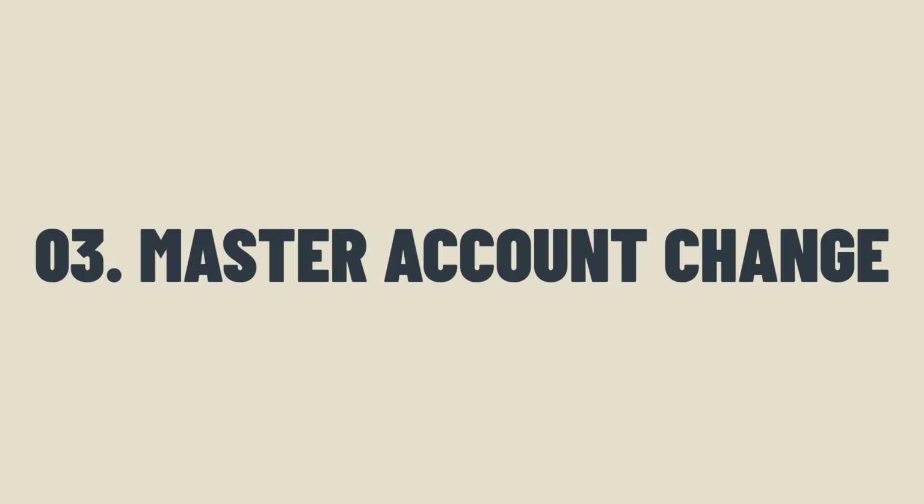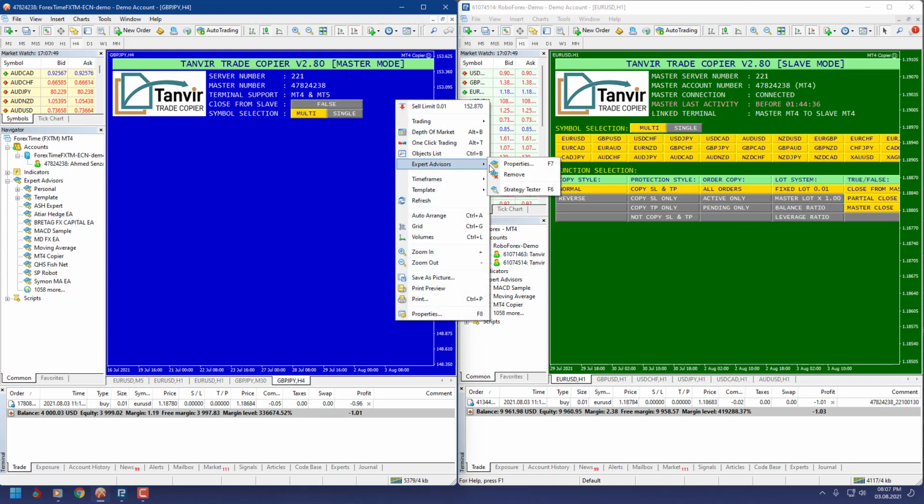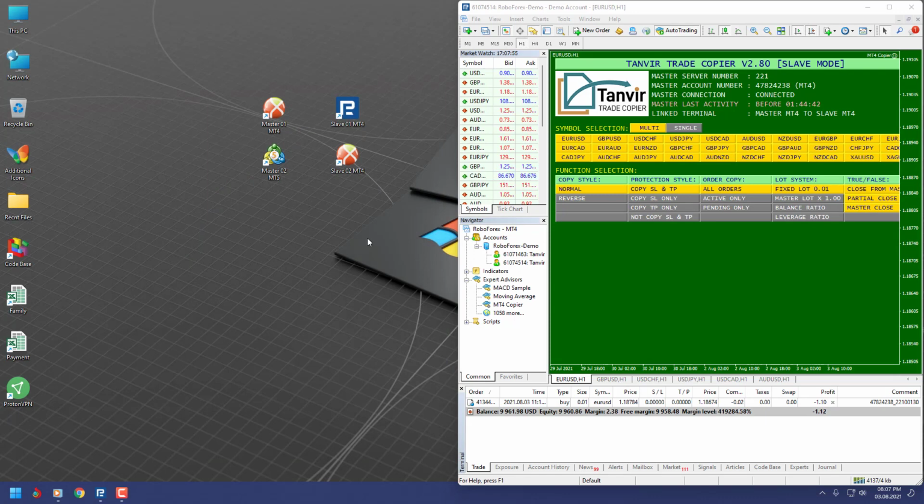Master account change. To change the master account from slave accounts, the current master terminal should be closed first. Then launch the new master terminal and set the copier into the chart using the new and unused server number.